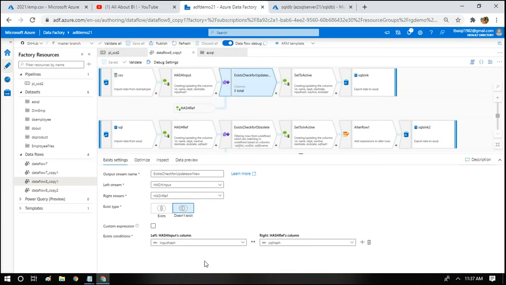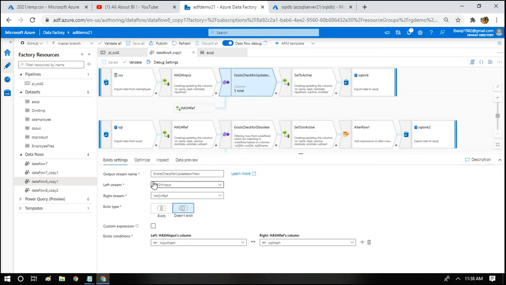It will take a hash value from the CSV file and compare that particular hash value against all the records of the table, because we are comparing hash input and hash reference. Hash input is the CSV file, reference is the SQL table. Whatever hash value I find in my CSV file, I am going to verify whether it does not exist in the table. The right stream is my table, so doesn't exist is what I have chosen here.